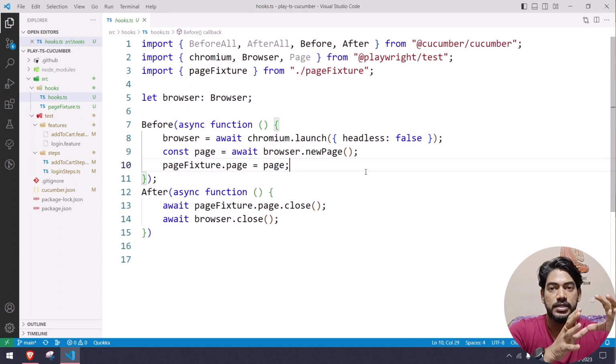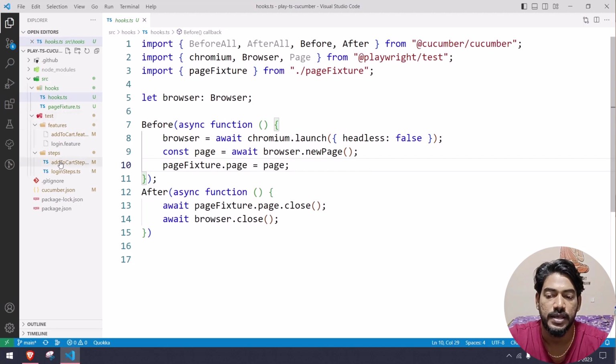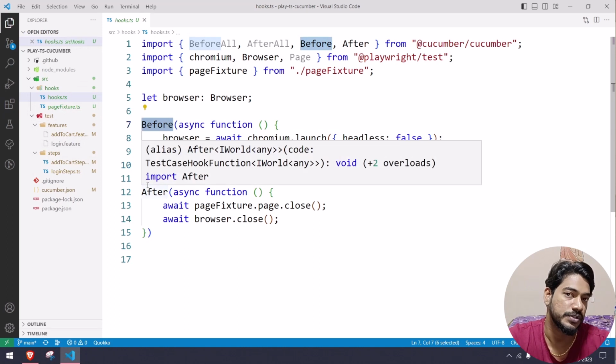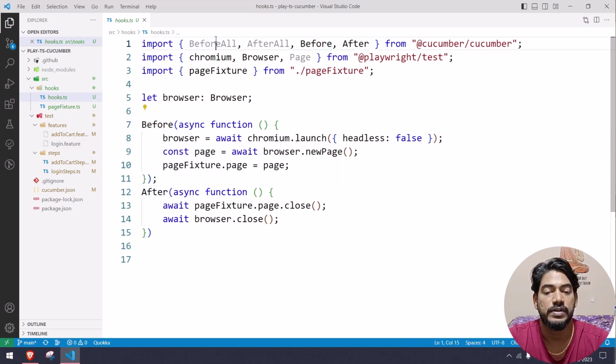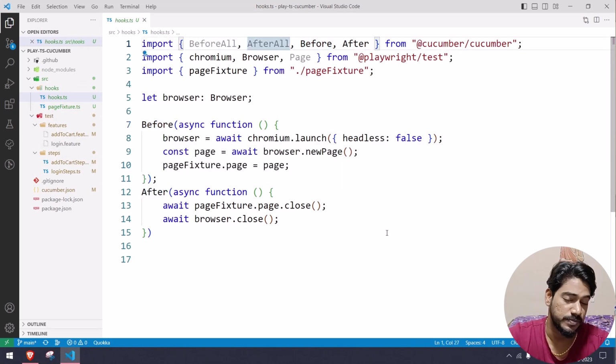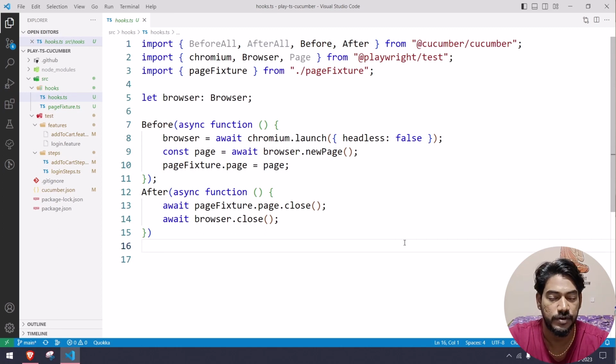So you set your object once and you use that object across all your files. Okay, and then we have this before, which means it will run before each and every scenario. And also we have before all, after all, before step, after step. I will cover all those in detail from the next video. Okay,